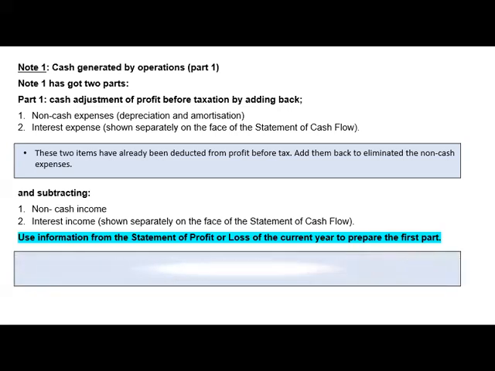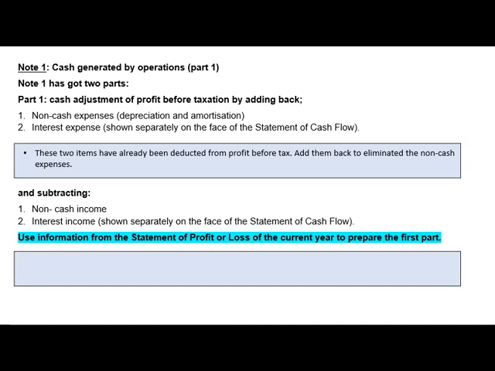To prepare this note, or the first part, we basically just need information from the statement of profit or loss. That's it. Okay, we need information from the statement of profit or loss. This is only to prepare the first part. However, things like depreciation might not be there in the statement of profit or loss. So you will need tangible assets information. They'll normally give you carrying value at the beginning of the year in the statement of financial position,